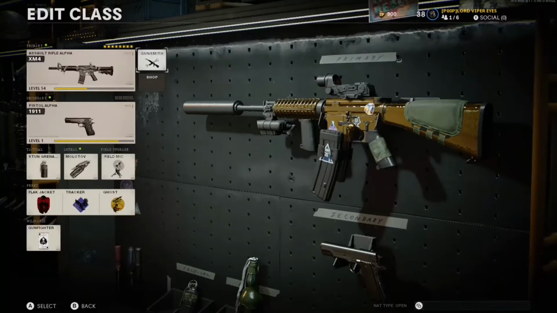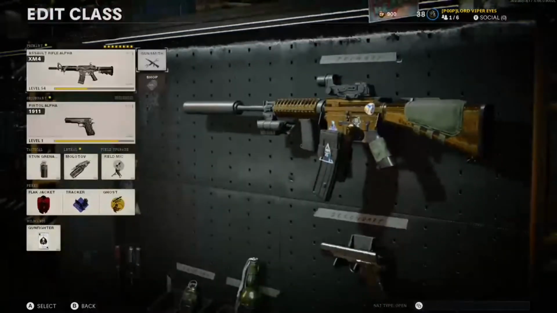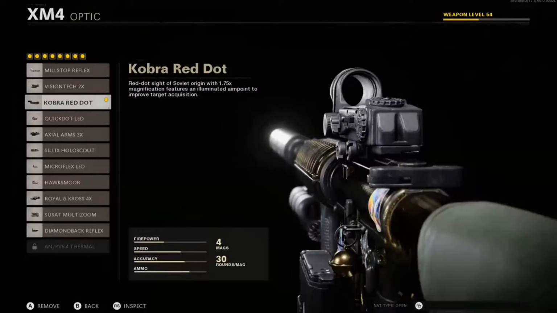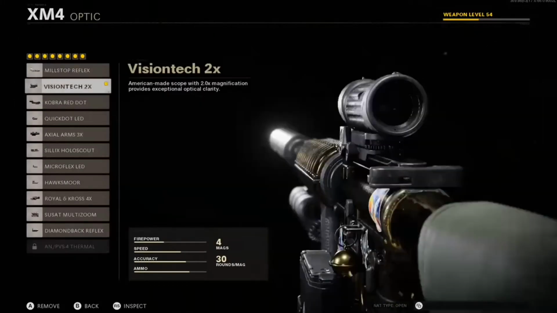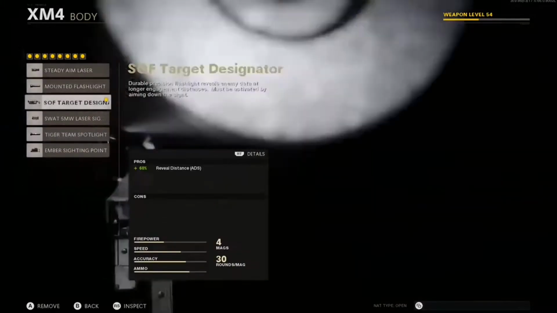And yeah, so the class that you guys are going to be using is the one we were using earlier. If you don't remember, you're not going to use the long shot one. You're going to be using the red dot one or whatever one. Actually, no, you want to use Vision Tech 2. You're going to be using your long shot class, kind of. But you're going to use Vision Tech 2, Suppressor, Takedown,